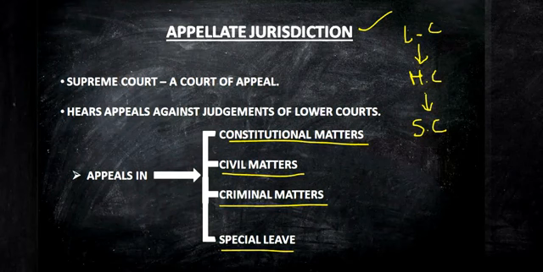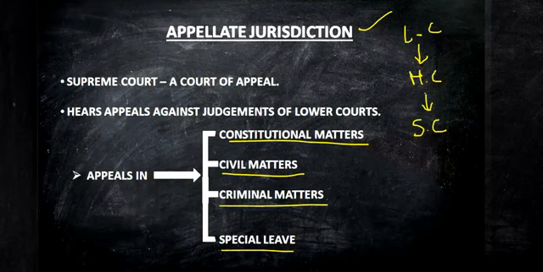So for appealing the issues which come under the constitutional matters, there is a particular procedure, and for those matters which come under the civil matters, appealing those cases from lower court to High Court, from High Court to Supreme Court, there is a particular procedure. So every case which falls under these three matters, whether it is constitutional, civil or criminal, has a different procedure to appeal. Is it clear? Now, what are the constitutional matters, what are the civil matters, what are the criminal matters, and what is the procedure of appealing?